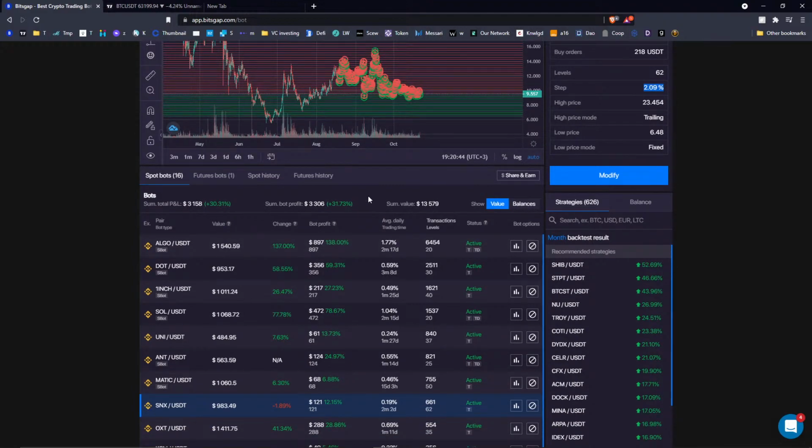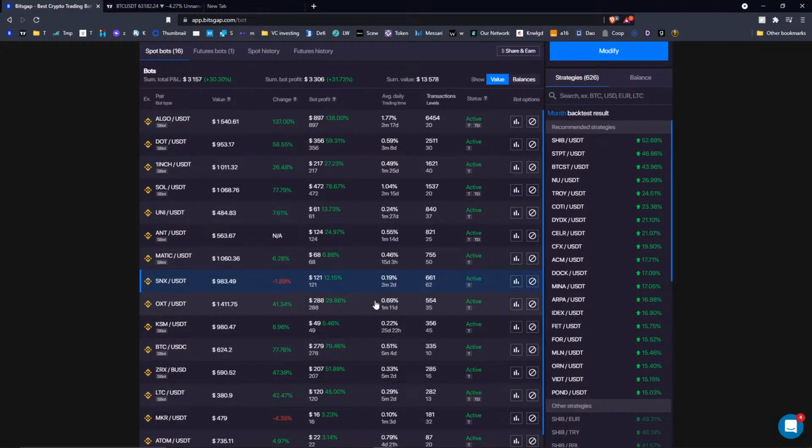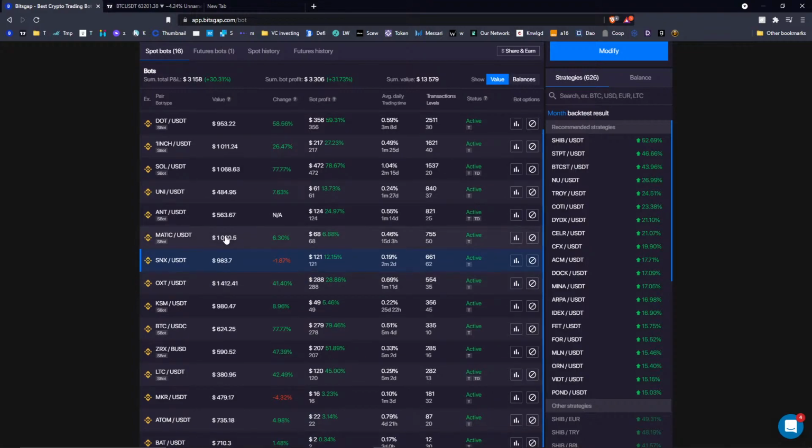And once you recognize this common pattern, you can copy paste it on other coins and check the results. So in case of my SNX, I think right now it makes sense to close it and set it with just 30 grid levels with the same investment of $980. So I think it would be a wise thing to do.